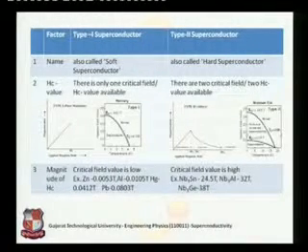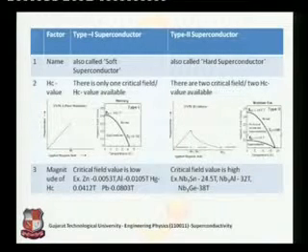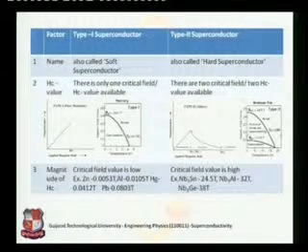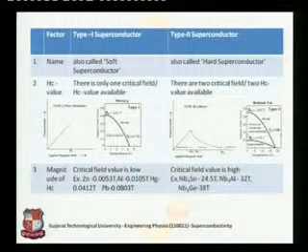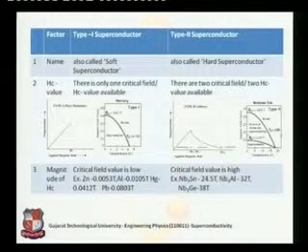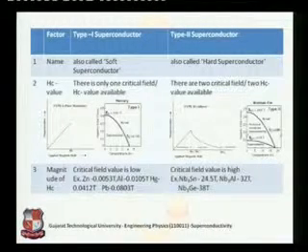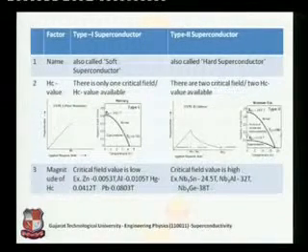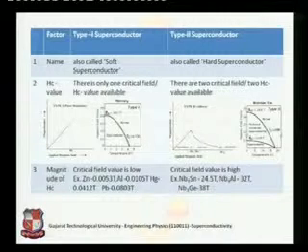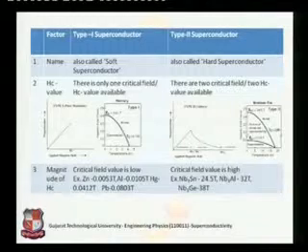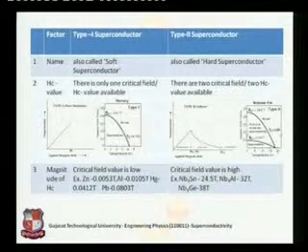Then the third point of differentiation is the magnitude of Hc. How much magnetic field we need to apply if we want to destroy the superconducting property. In that case, the critical value Hc or Hc1 for type 1 is quite low. The examples are cited there. Zinc has 0.0053 Tesla. It's quite small. It's a normal material which exhibits a superconducting state, and if we apply this kind of small magnetic field, then we can destroy the superconducting state.